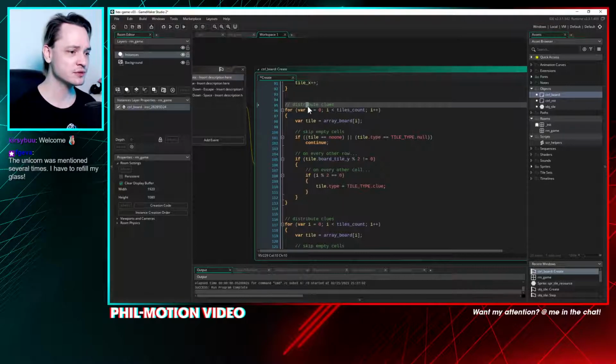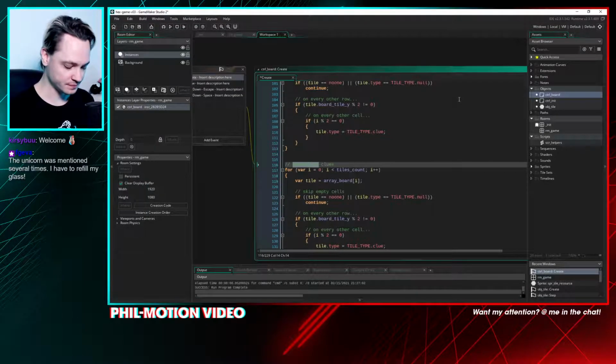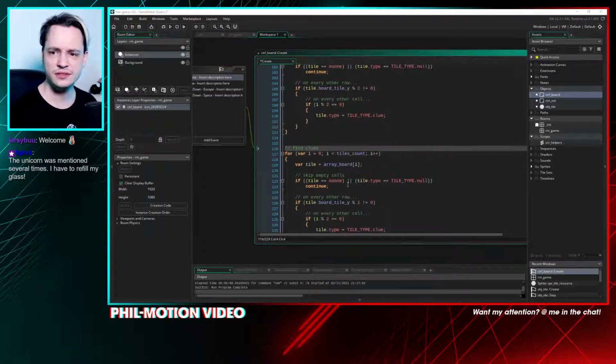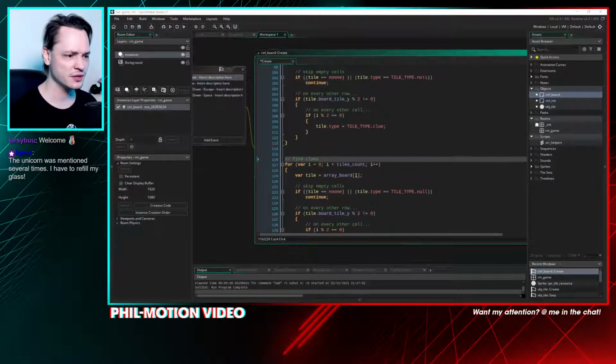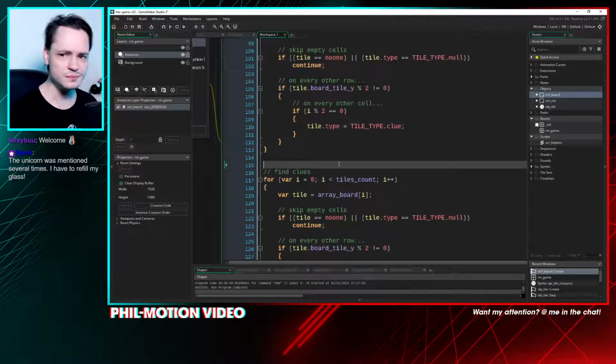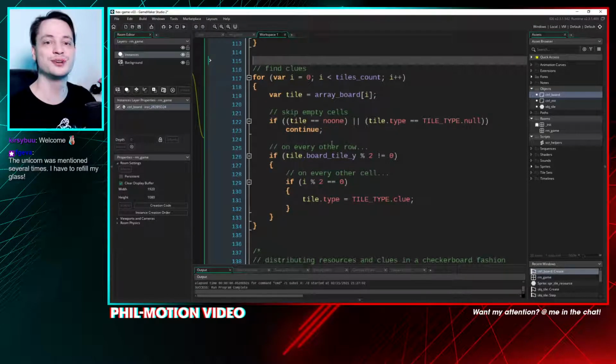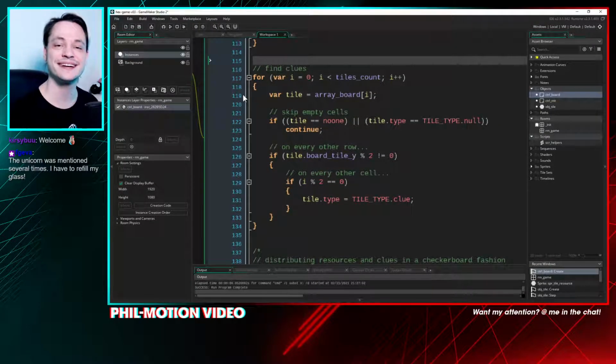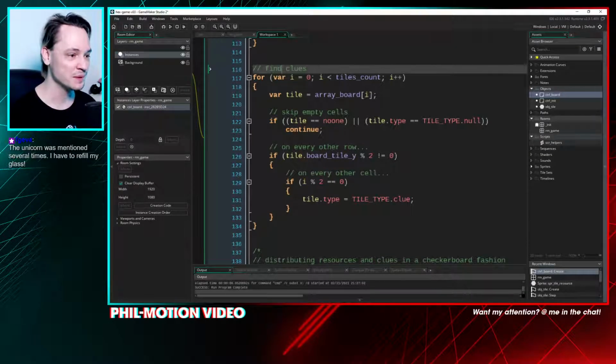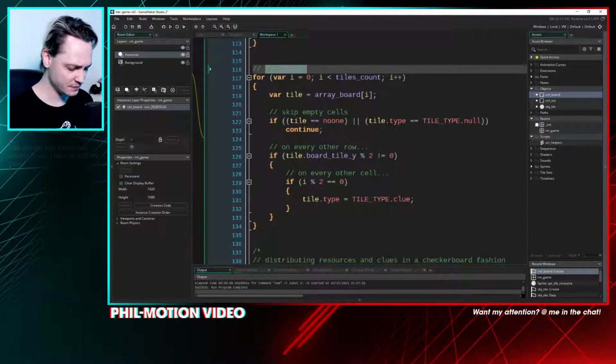So we distribute the clues, right? So find neighbors, or should we call it store neighbors? I will zoom in so that you can see it a bit better. I hope they're on the stream. Yes, I think this should work. I mean, it looks huge for me, but I think if it looks nice on the stream, then we're fine. So instead of find clues, I just say store or find